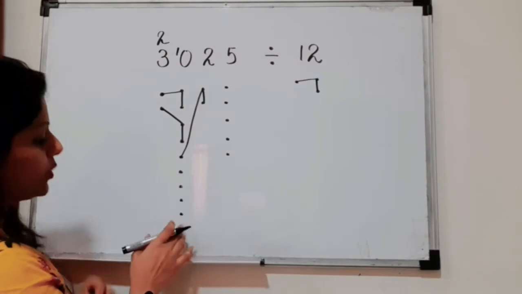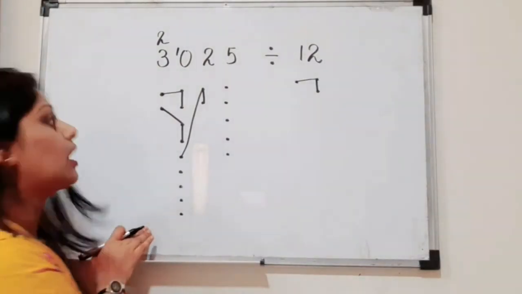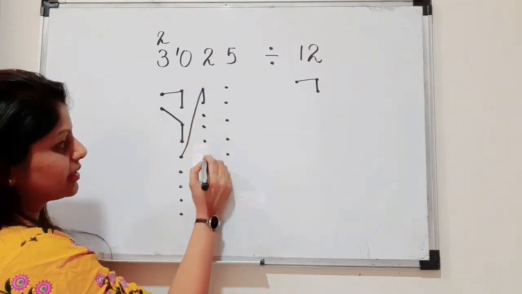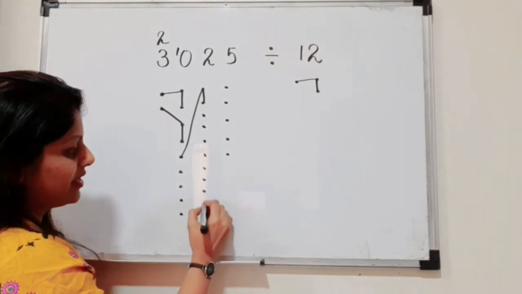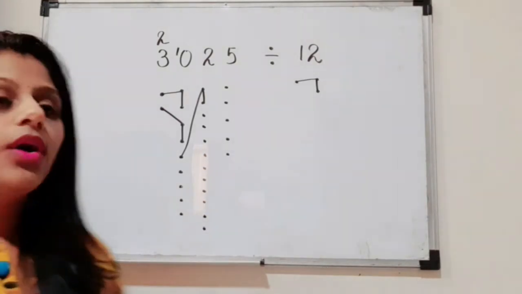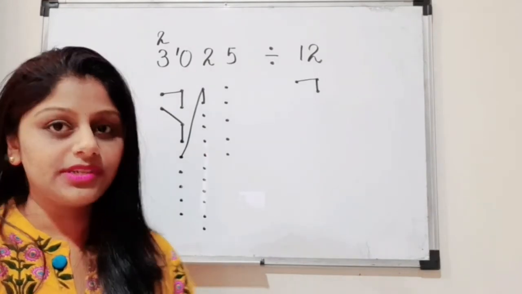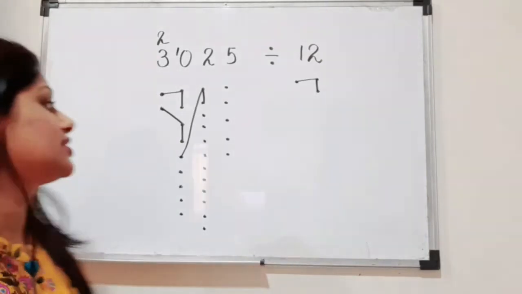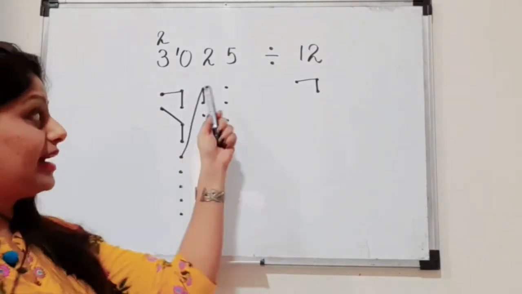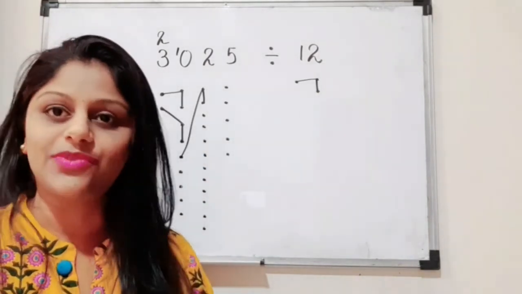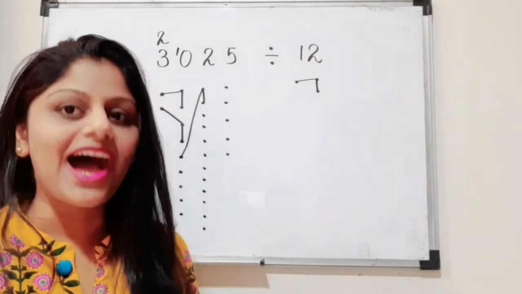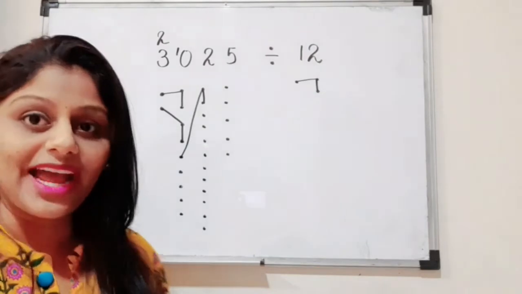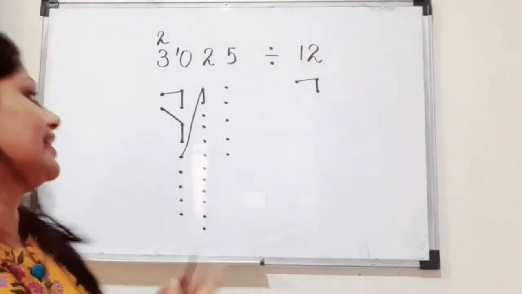So therefore what we will do, from this column we will take 1 dot out, and we will give how many dots? We will give 10 dots over here. That is 1, 2, 3, 4, 5, 6, 7, 8, 9 and 10. Hope you all understood why we gave 10 dots here and took 1 from that, because every consecutive column should be used for drawing 1 and 2. It's not like I will take 1 from this column and I can skip this column and jump to the next one. We can't do that. If our next column doesn't have a 2, then we have to borrow a dot from this one, and on borrowing the next column will have 10 dots. So that is what we have done here.